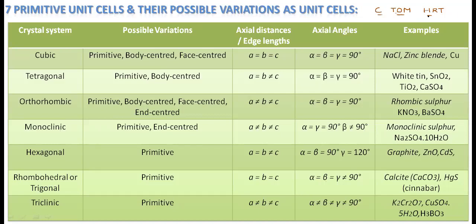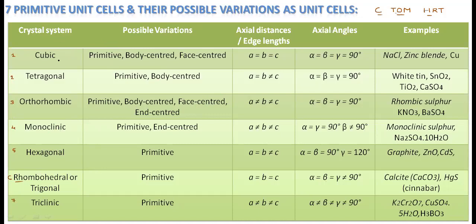I think at least a few crystal systems, the terms you have heard earlier, like cubic type and hexagonal type. Now you try to relate them with respect to solids. These are the crystal systems we have: the 7 crystal systems are cubic, tetragonal, orthorhombic, monoclinic, hexagonal, rhombohedral, and triclinic. Rhombohedral is also referred to as trigonal. To remember with the code, if you go with rhombohedral, it will be easy to remember.